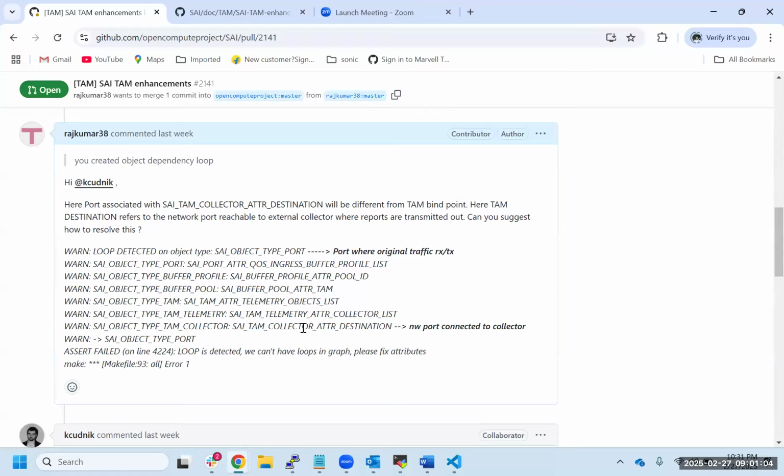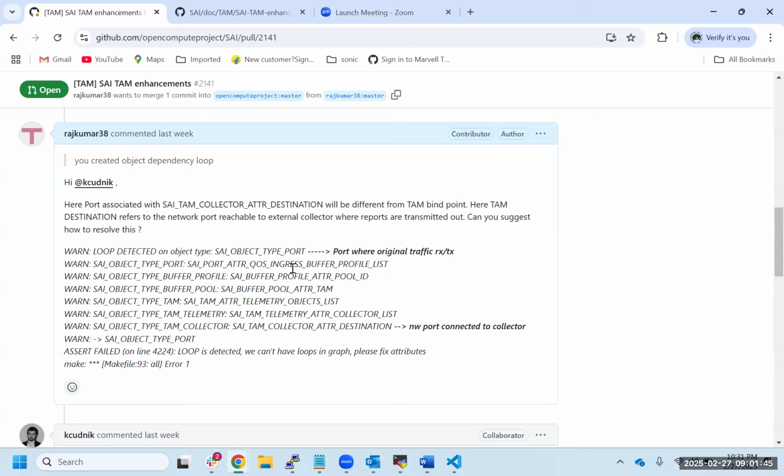But how is this an issue? Even the config, I'm just trying to understand. Kamil, can you explain what's the issue with the configuration having a loop? So the problem here is that in SONiC we have this warm boot scenario, where we have configurations before and after warm boot, and the configuration of the device is basically a graph, a graph of object dependencies.